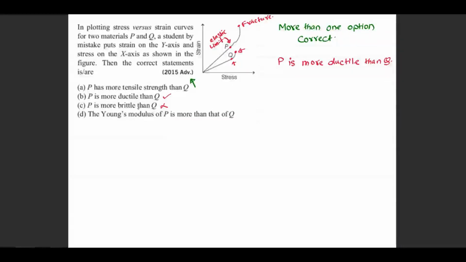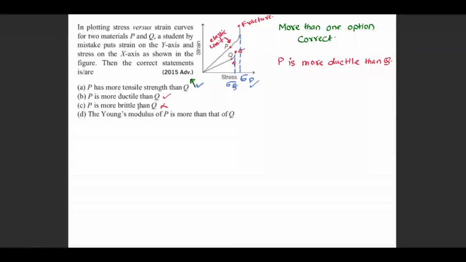If I compare the ultimate tensile stress, this is the ultimate tensile stress of P and this is the ultimate tensile stress of Q. You can definitely see the ultimate tensile stress of P is more than that of Q. So this is correct,